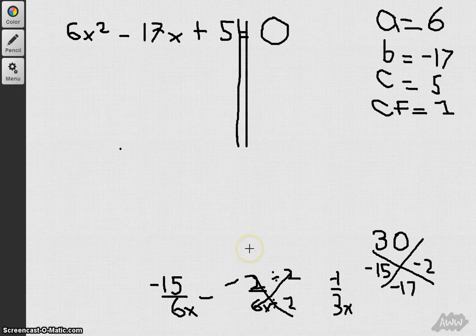We're done here. It was a pretty straightforward, simple problem. And what you're supposed to do is plug in each one as its own factor, in 2 separate parentheses. So let's plug in the first one right here, negative 15 over 6x. That's going to be 6x